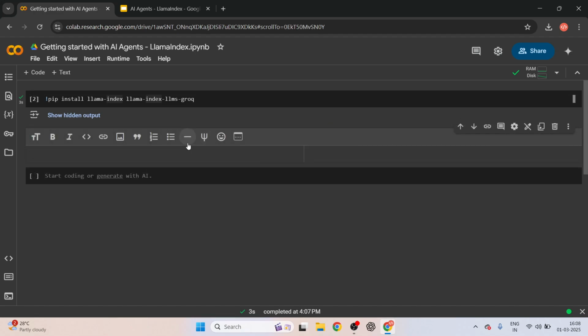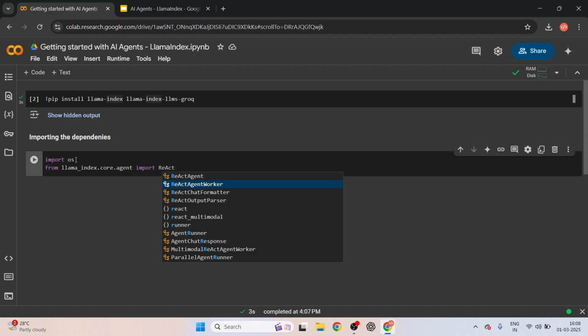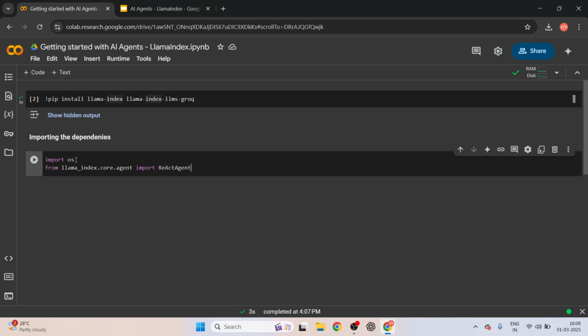The first thing that we are going to do here is import the dependencies. So I'll say importing the dependencies. Okay, so here I'm going to import os, and then from llama_index.core.agent import ReActAgent. Your R, A, and C should be in uppercase. So we have ReActAgent, and then from llama index,